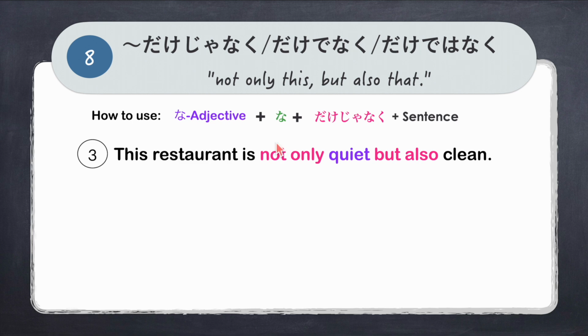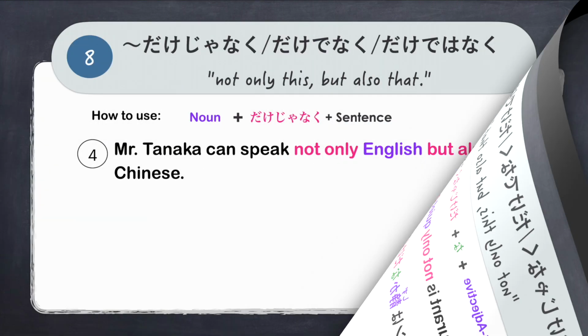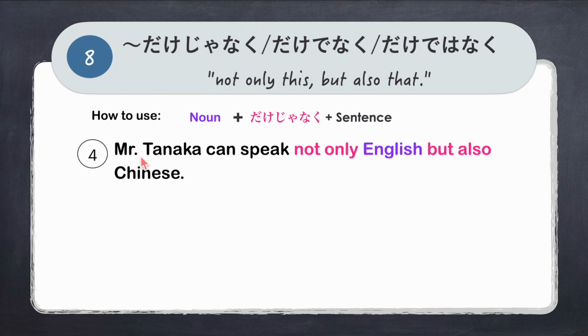Next is using a na adjective. For na adjectives, we need to add な before だけじゃなく. We say, this restaurant is not only quiet but also clean. We say, このレストランは quiet is 静か plus な, 静かなだけじゃなく but also clean, きれいだ。このレストランは静かなだけじゃなくきれいだ。